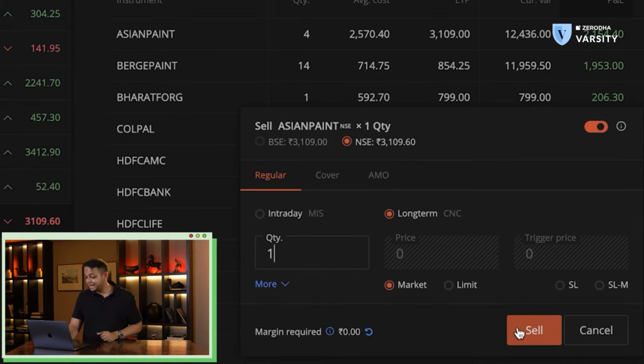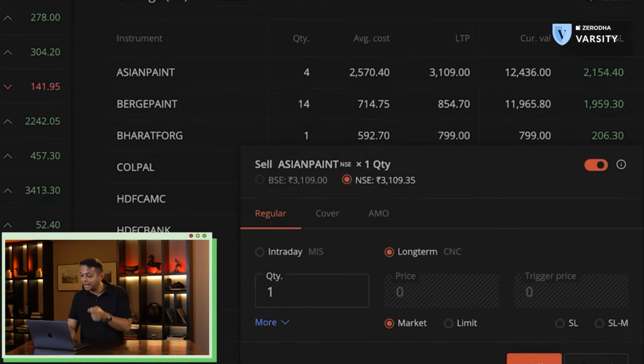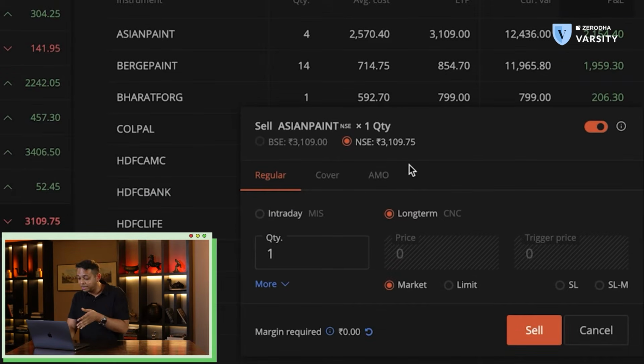And if I hit sell, I will get a market price that's available. As we can see that Asian Paints is trading at 3,109. And if I hit the sell button, I will get a price roughly around that. Or if I want to specify a price, I can change this to limit and increase or decrease the price to whatever I like. Usually when you use a sell limit order, you want a higher price that's prevailing. So you may want to increase the price to what is there right now and then hit the sell button. And when price reaches your specified limit order, it'll get executed.